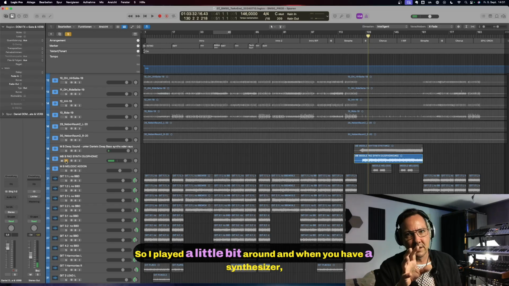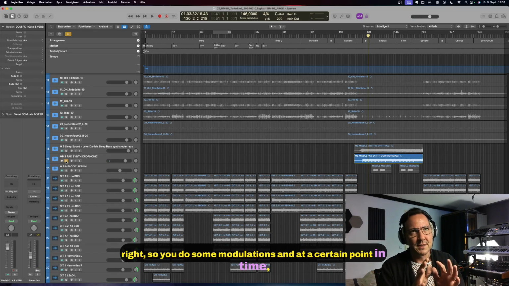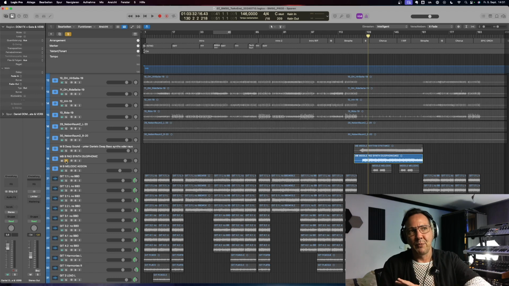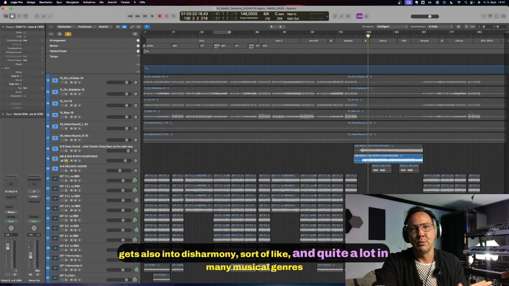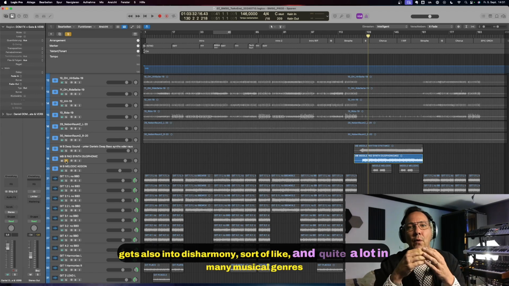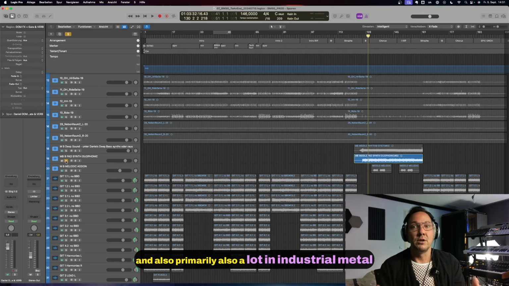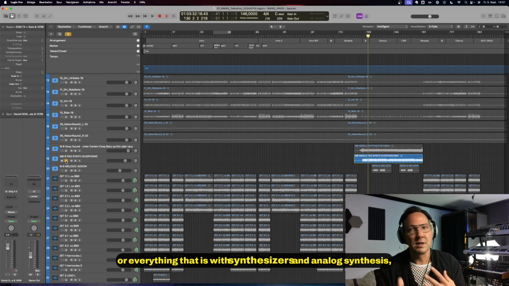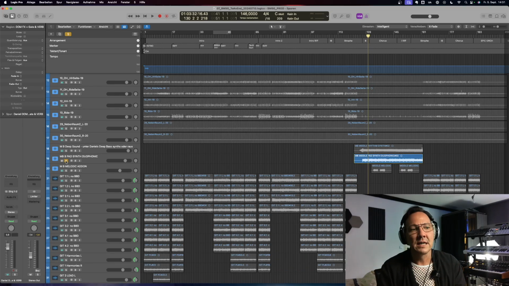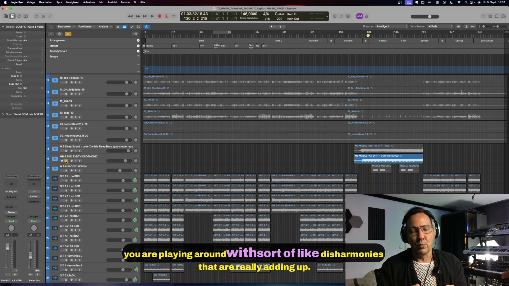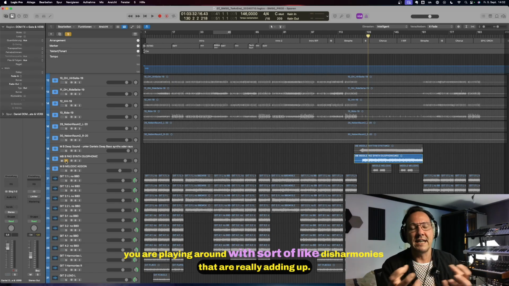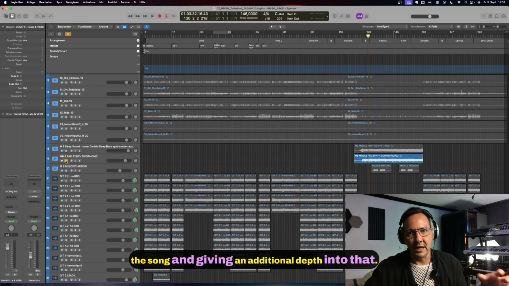So I played a little bit around, and when you have a synthesizer, you do some modulations, and at a certain point in time, it also gets into disharmonies. Quite a lot in many musical genres, and primarily in industrial metal, or everything with synthesizers and analog synthesis, you are playing around with disharmonies that really add to the song and give it additional